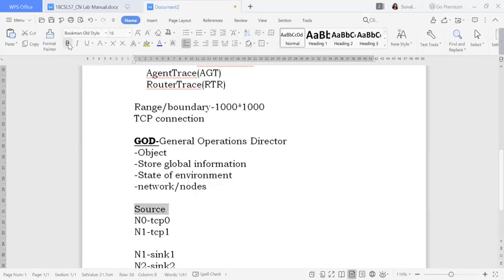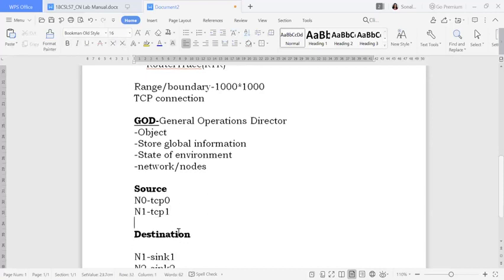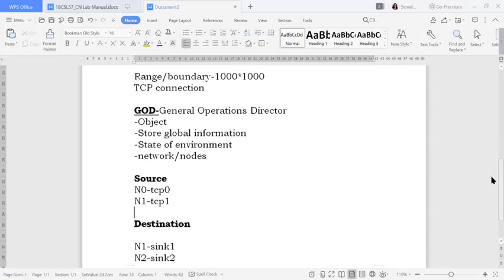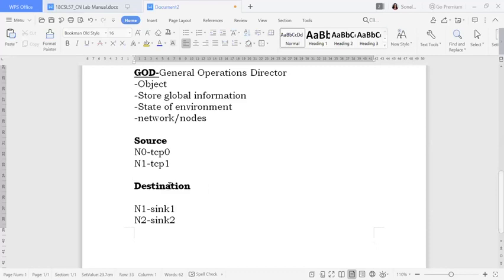I have created 2 source files, that is N0 and N1, and I have created my 2 destination files. Who all are that? That is my N1 and N2. So you can see N1 will act as your source file also, destination file also. So you can see both the things are there.